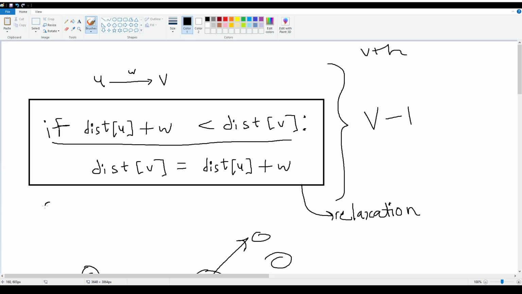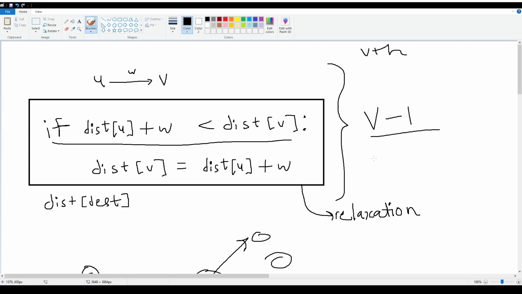Otherwise you can just return the distance vector to all of the vertices, or if it is a specific node, you can return the distance to that specific node, because by the V minus 1th iteration we would have found that distance, right? So that is how the Bellman-Ford algorithm works, and I think my explanation might not have been the clearest of this, but the basic idea that you have to remember is that